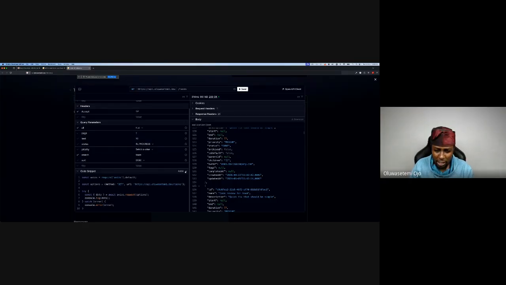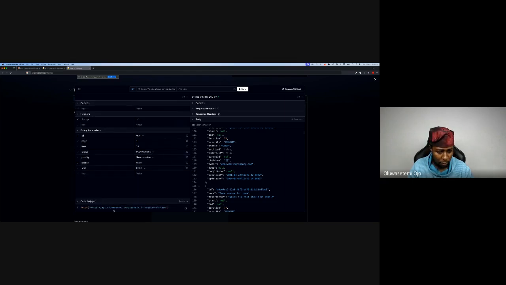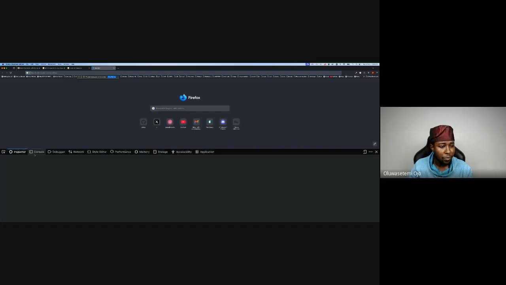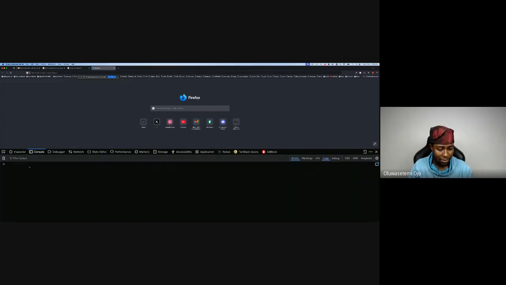And if you want to see the code for this with fetch, you can also see the fetch code for this, and then you can copy it. If you copy this, you can take it into the browser and put it inside our JavaScript console here. And since it is fetch, we can do a .then, and then we have some results, right? And then you can do